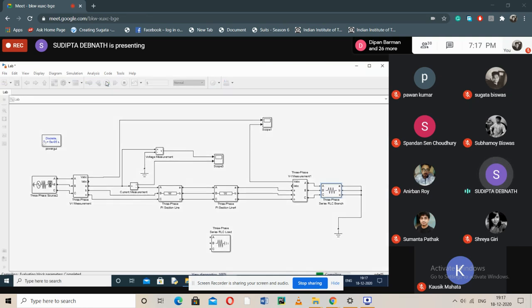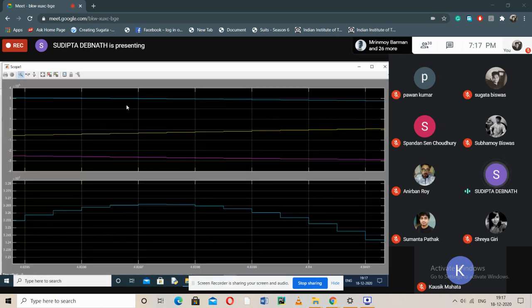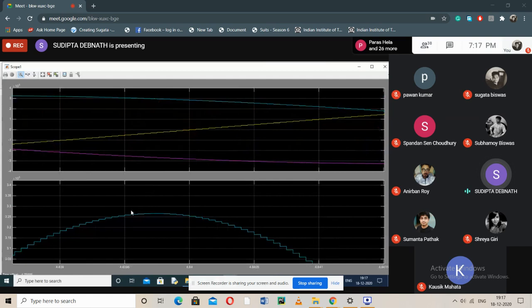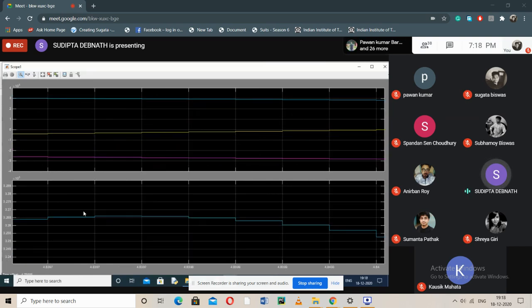So we run the system and observe whether the voltage becomes the same or it is giving some other values. Here this is the sending end, this is the receiving end. So let us see what voltage it is giving. See, the voltage is exactly the same, 326.6. So this is the seventh reading. Actually, the sixth and seventh readings are the same. Both are surge impedance loaded conditions.